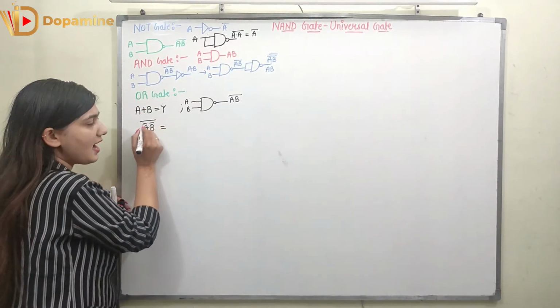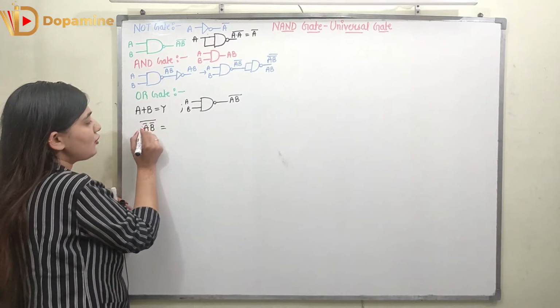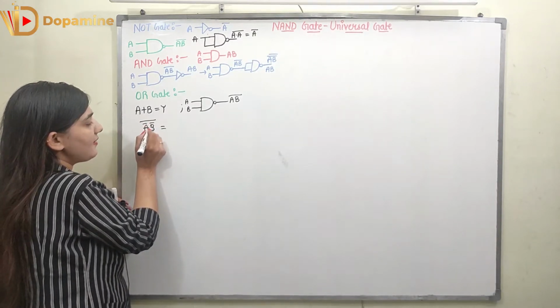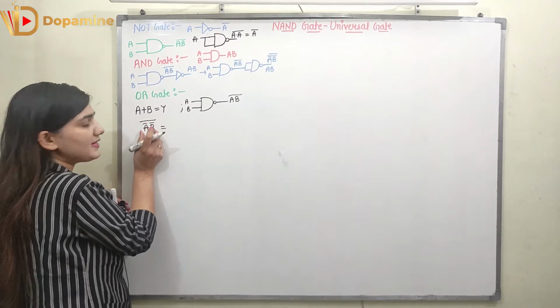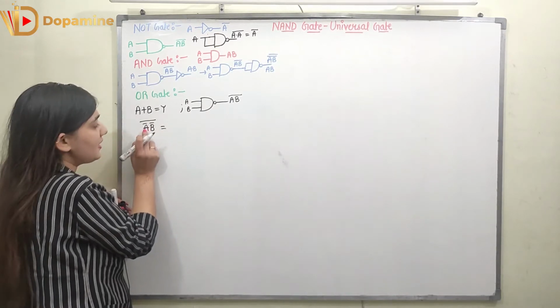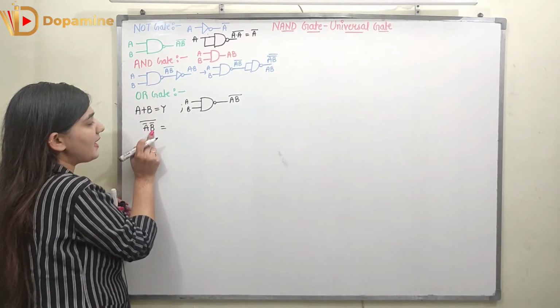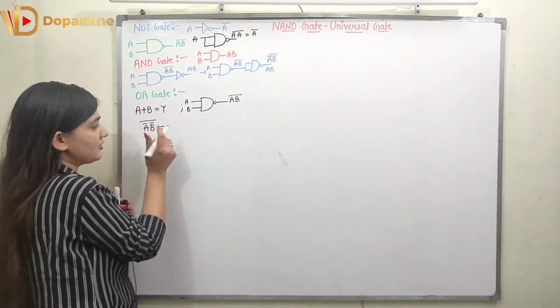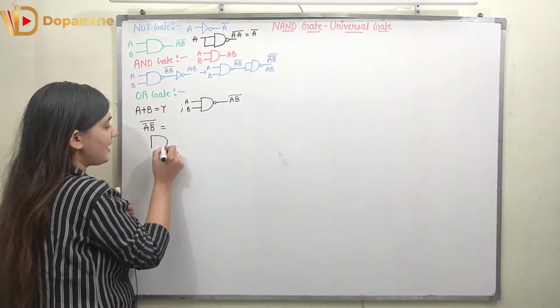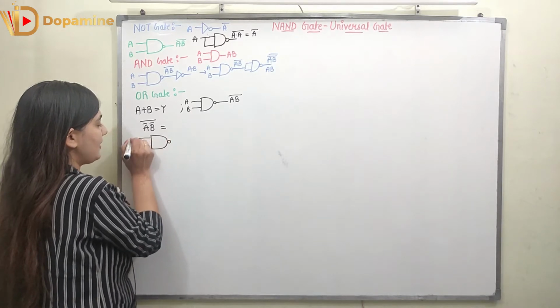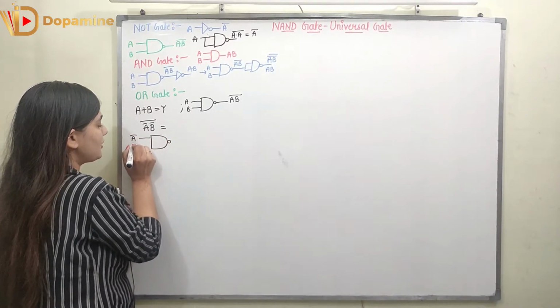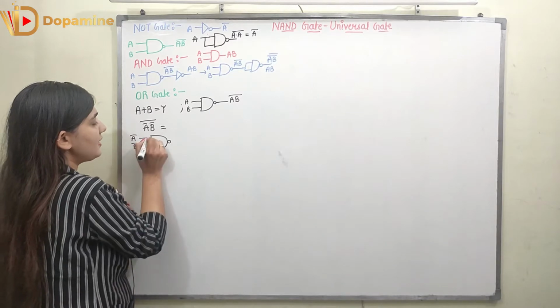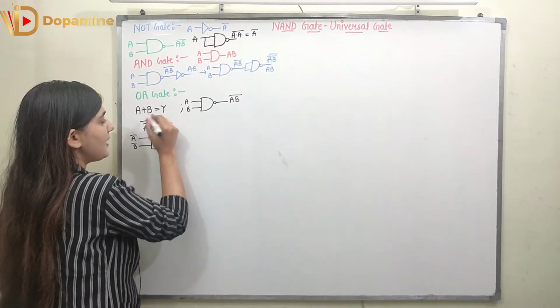So this is the AND operation, right? So if I take the A and if I take the B, so if I multiply them, this is the AND operation. If I take A bar and B bar, so A bar into B bar whole complement, this is the NAND operation. So here what I have is a NAND gate. Over here we have A bar input and the B bar input, right? So now A bar, B bar, whole bar.